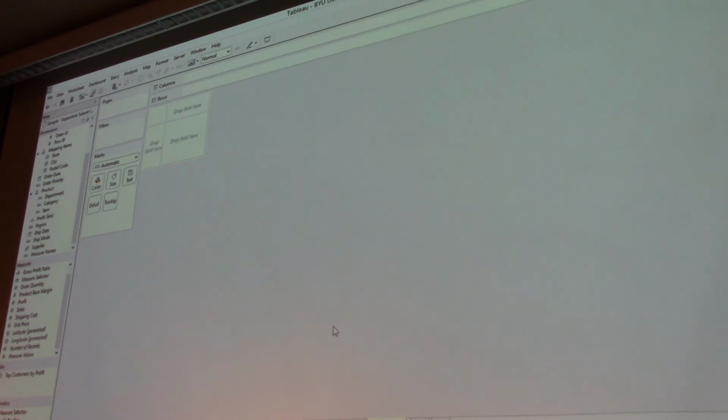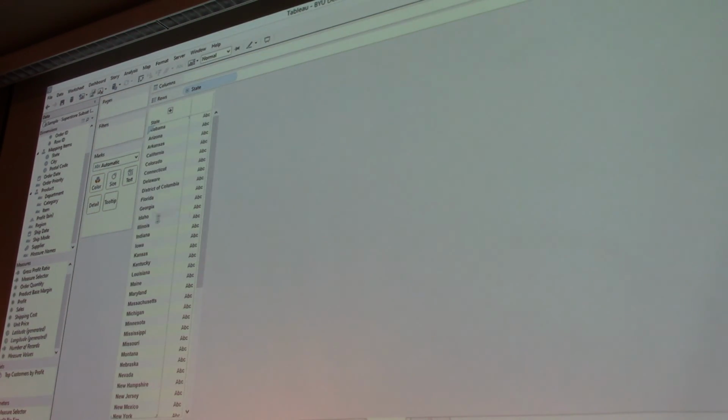So if we were to look at another example of this, I'll just demo it briefly. I can open up a new sheet and say I want to take state to rows, and then I want to take sales to text. If I then want to get profit to show up on this view with my sales text, it's a little bit tricky, but I need to engage